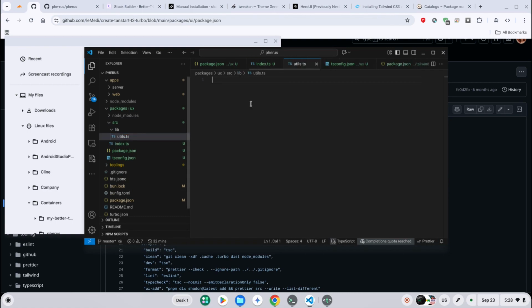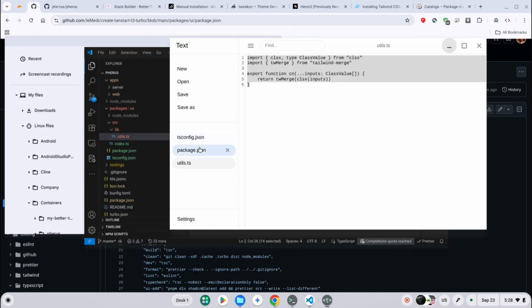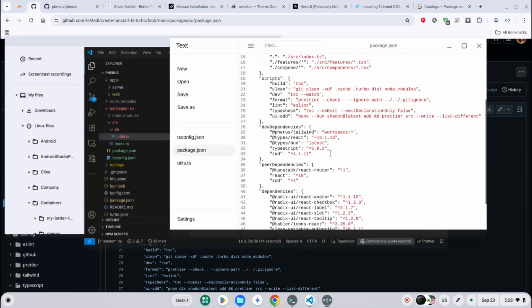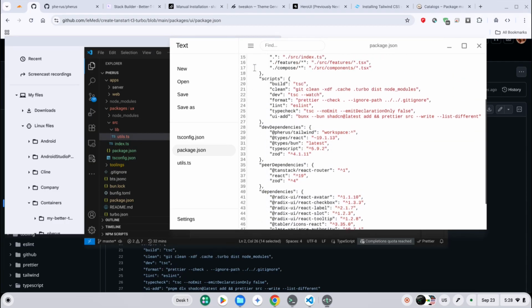Let me create utils.ts, and we need to install this. So we're going to copy from this package in order for us not to have to rewrite everything altogether, and take the concepts from here,